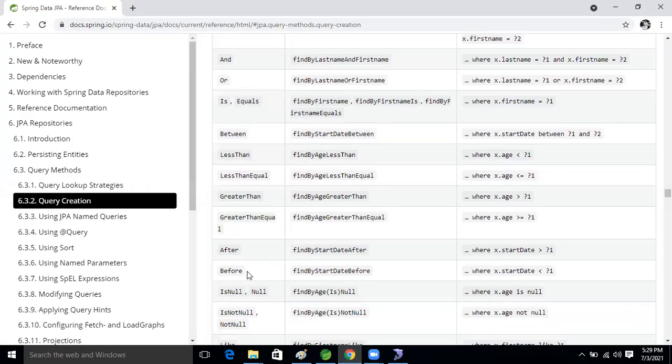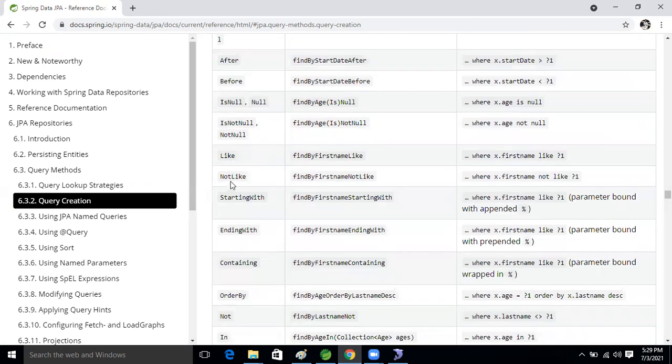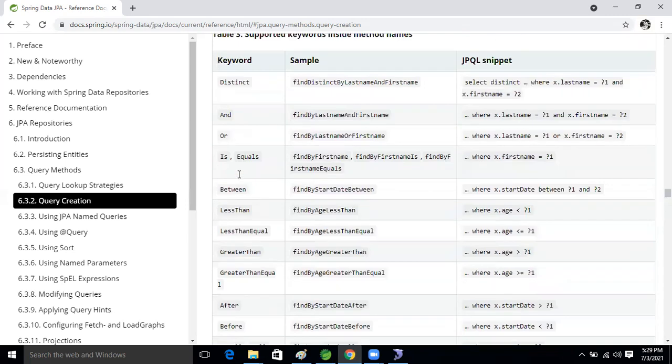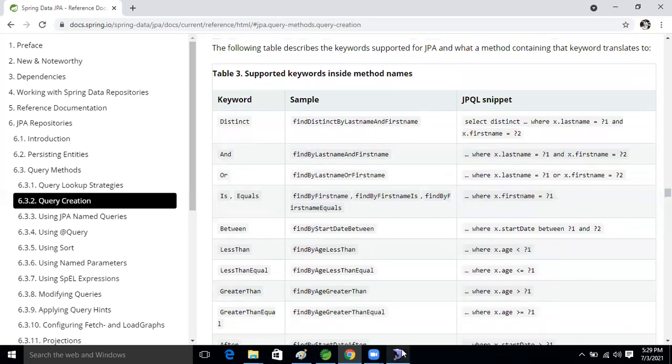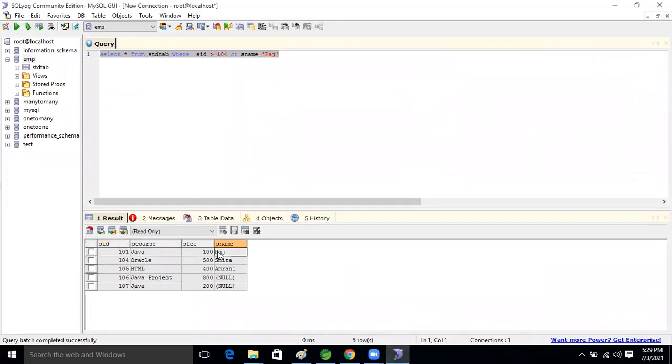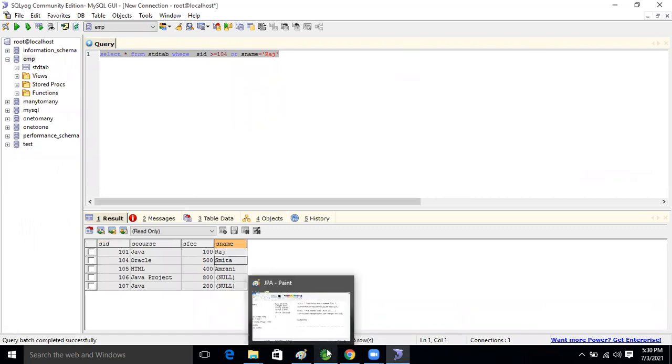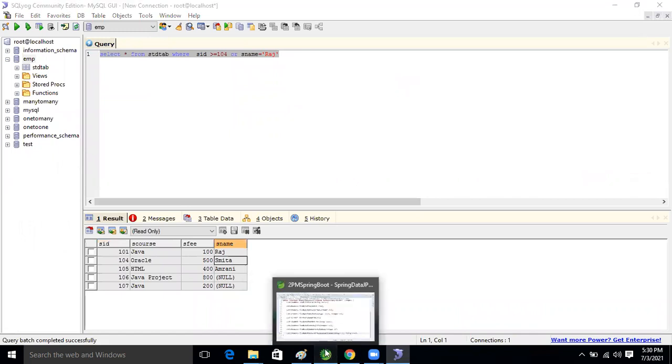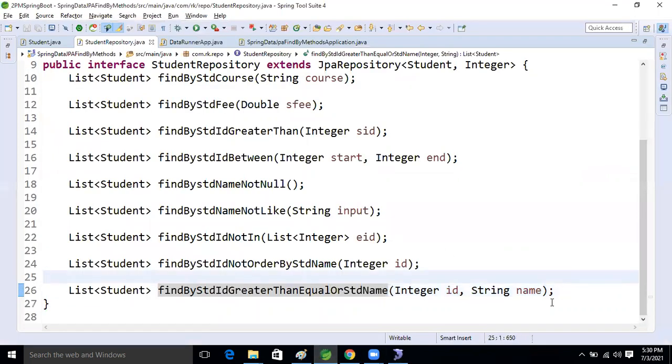So we will take the not also, and then we will select the data based on our character, the first letter. First letter we will select the data. This is our requirement now. So for that let's prepare the method now.